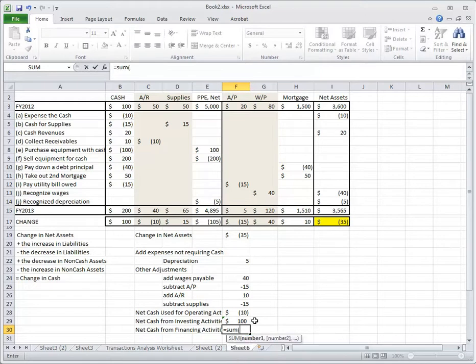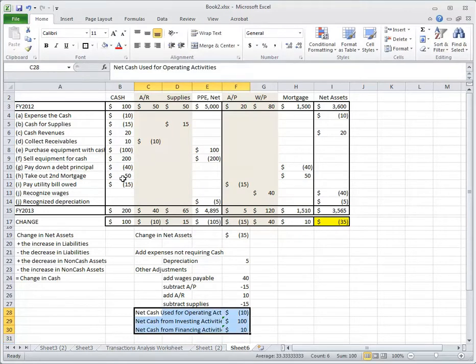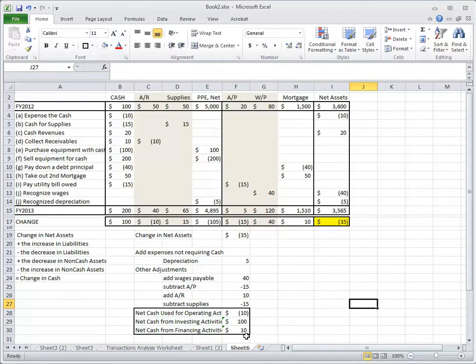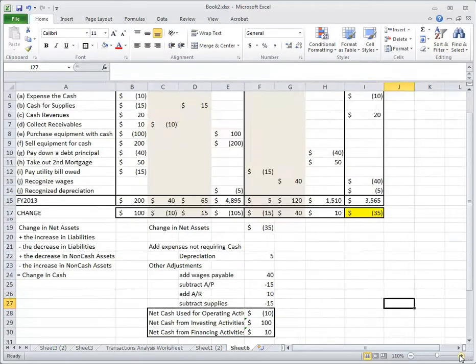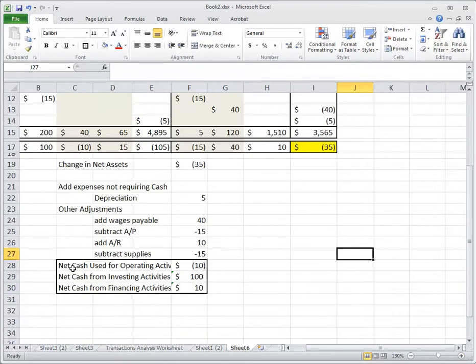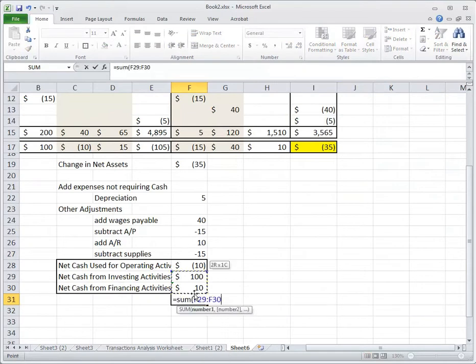And so we'll take the sum of these two values. So right here, this is our net cash flows from those different sources, and if we sum them,